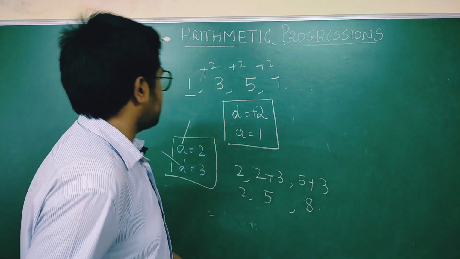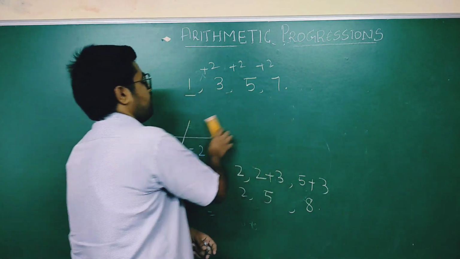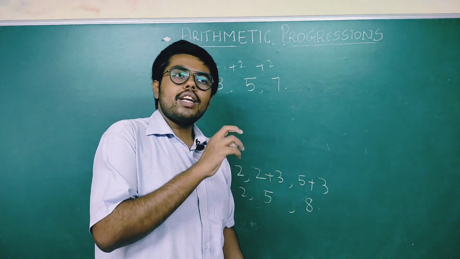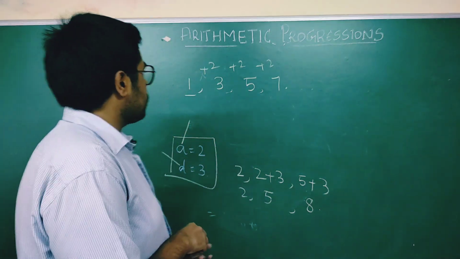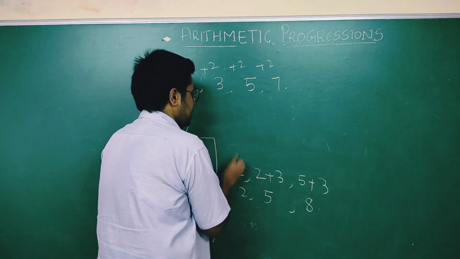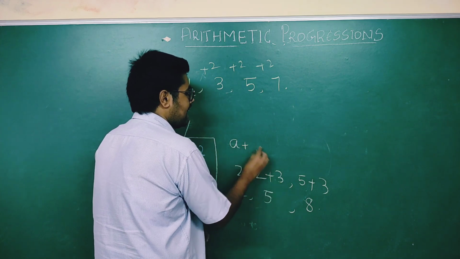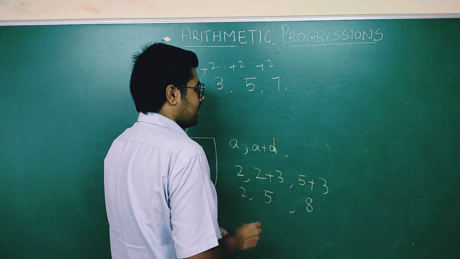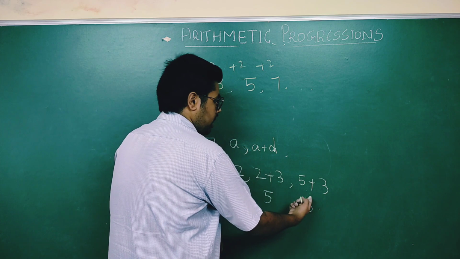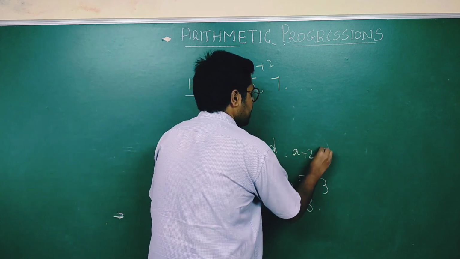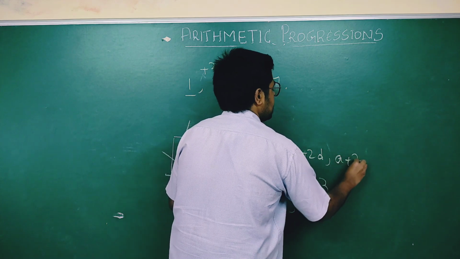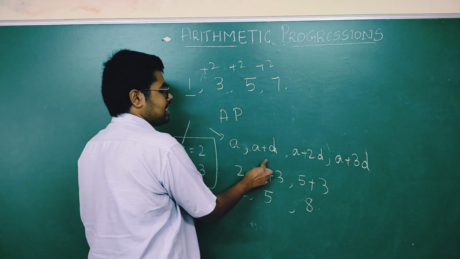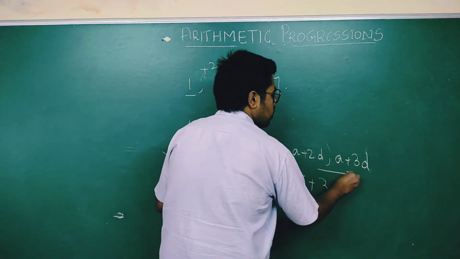Next, coming to one more important thing, that is called the general formula of AP, okay. Let me put these things into a general formula so that I can use it for all the problems. How can I use it? If I take this example, it was a, then I added d. First I wrote a, then I added d, so it is a plus d. Then I added 3 again to it. So can I write this as a plus 2d? Next time, a plus 3d. So this is the general form of AP: a, a plus d, a plus 2d, a plus 3d. This is how it goes on increasing.